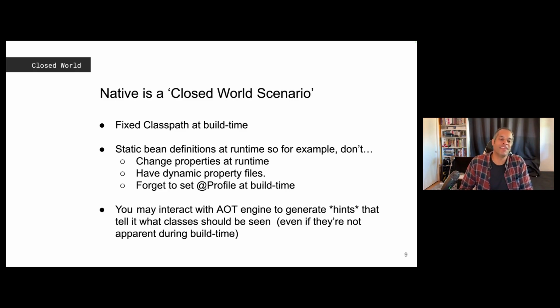But really, the static bean definition. Basically it's not static, but it's the fact that your entire class path, your entire Spring Boot application context has to be cemented at build time. So what that means is rather than your application starting up, discovering all the beans, initializing them, doing any properties and any sort of conditionals at runtime, that can't happen anymore because those things need to be baked into actual machine code now. So we don't want to do any translation at runtime either, because you're going to need a few hundred more megabytes of runtime, and you're going to need more time to do all of that extra stuff.